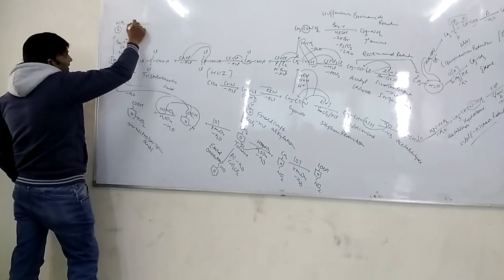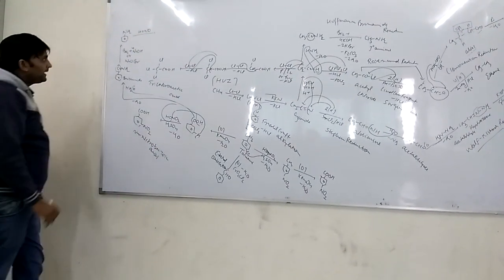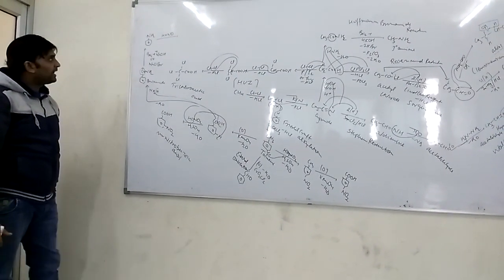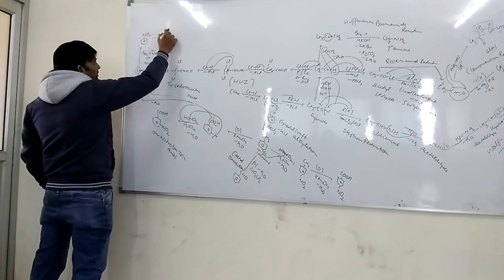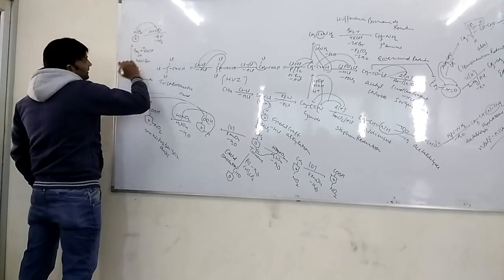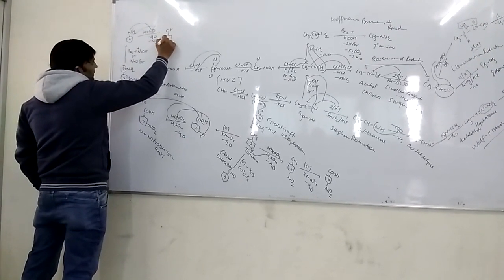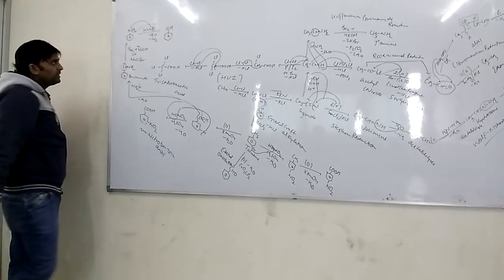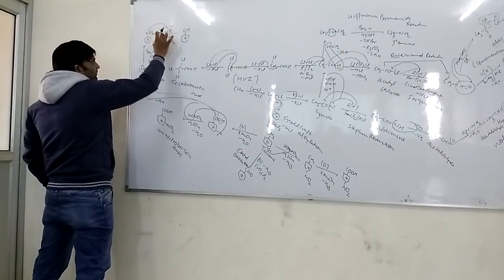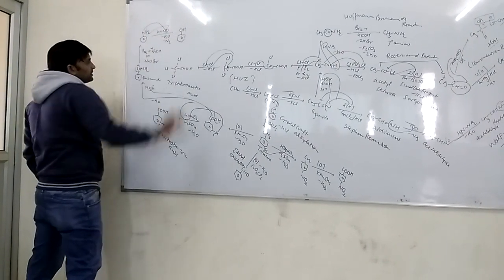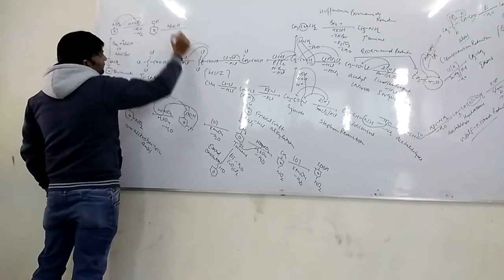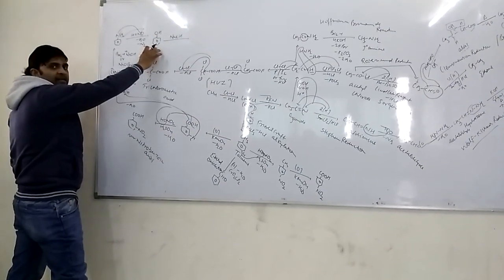Suppose this aniline is treated with HONO. I am talking about HNO2, nitrous acid. This H2 combined with O releases water. This N combined with N releases nitrogen, and the rest of the part is phenol. This compound is known as phenol because H2 combined with O gives water, N combined with N gives N2, and this is the formation of phenol.